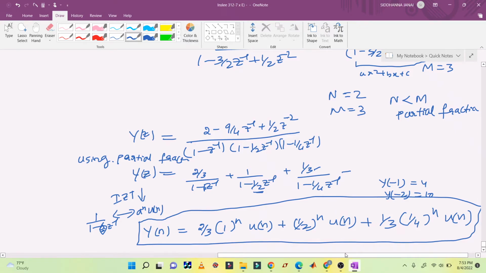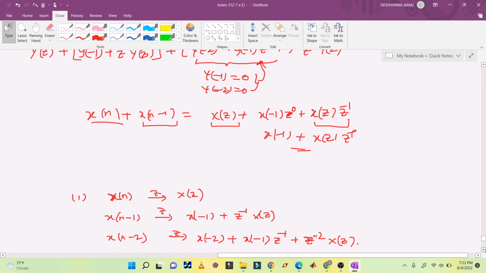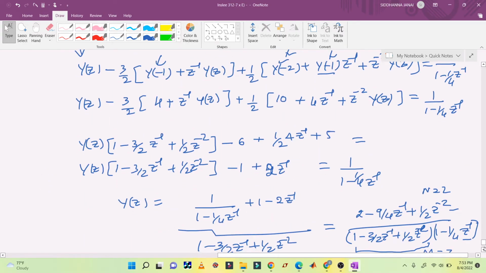Okay, so this is how you are going to solve the problems using the initial conditions. Only thing, you must know how to apply the z transforms for the difference equation. If this question is asked, it will be asked for 8 or 10 marks. So definitely one question will be there on this topic in the z transform. Okay,